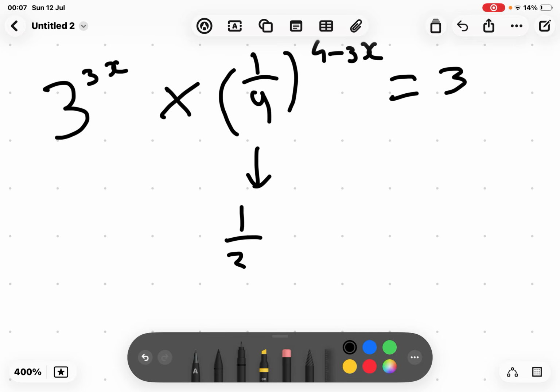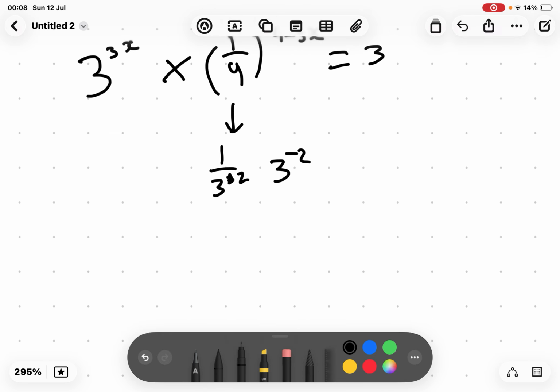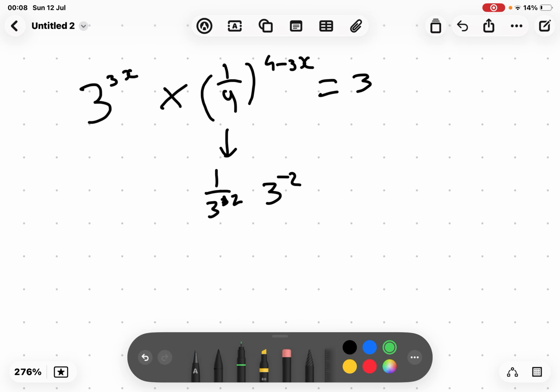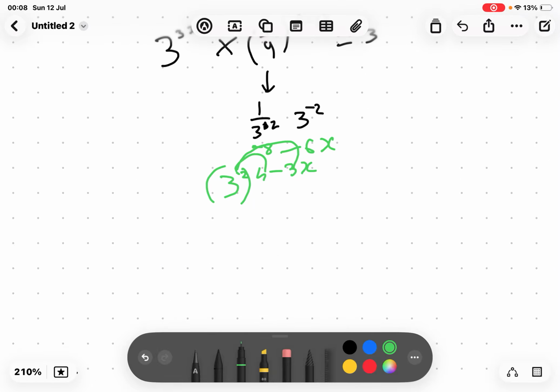This is equal to this, and this is equal to this. So basically, we can do 3, oh, okay, minus 2, 4 minus 3x. We can do this. This equals minus 8. This equals minus 6x. So what we have left